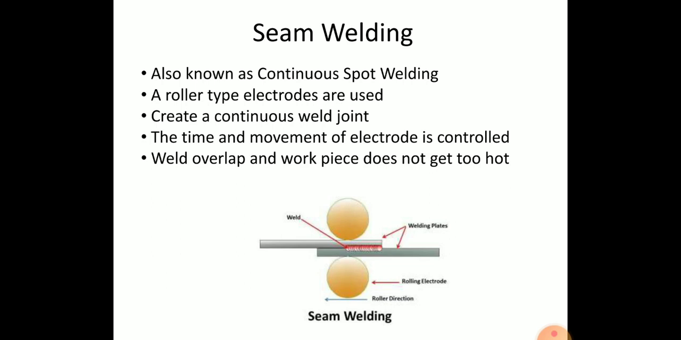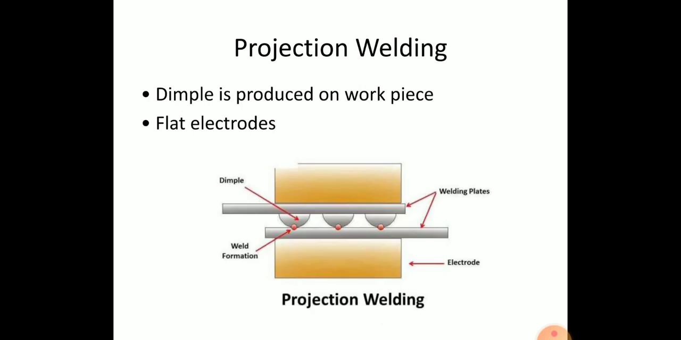Application of seam welding: it is used for welding of stainless steel, aluminum and its alloys, nickel and its alloys, magnesium alloy, etc. This is the seam welding. Next is projection welding. Projection welding is another advancement of spot welding where one of the sheets to be joined is provided with a number of projections